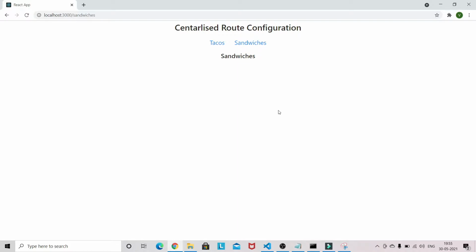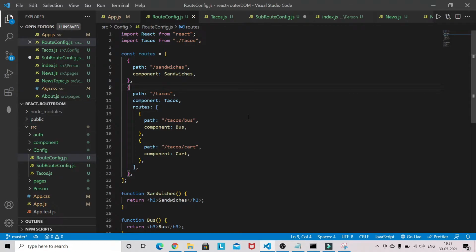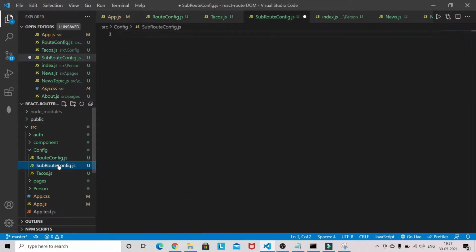Let's jump into the VS Code. As you can see, I have done some basic setup. I have created a config folder in source. I have three files, so you have to create these three files. As of now these are all empty.